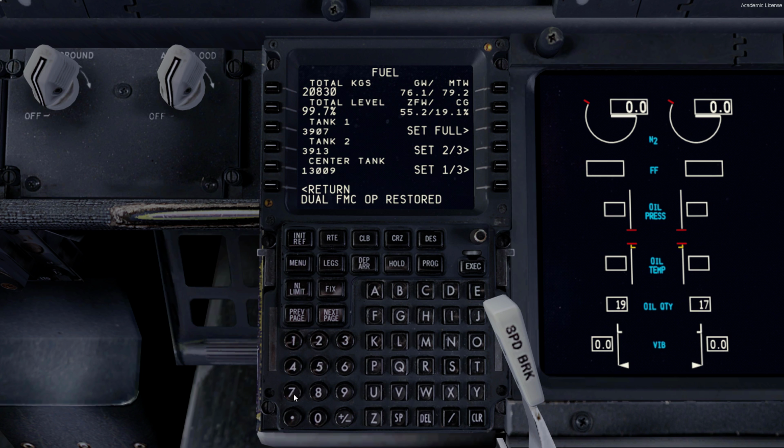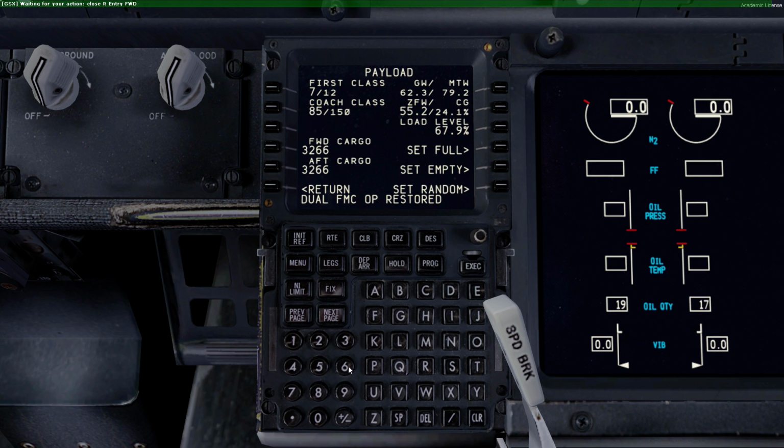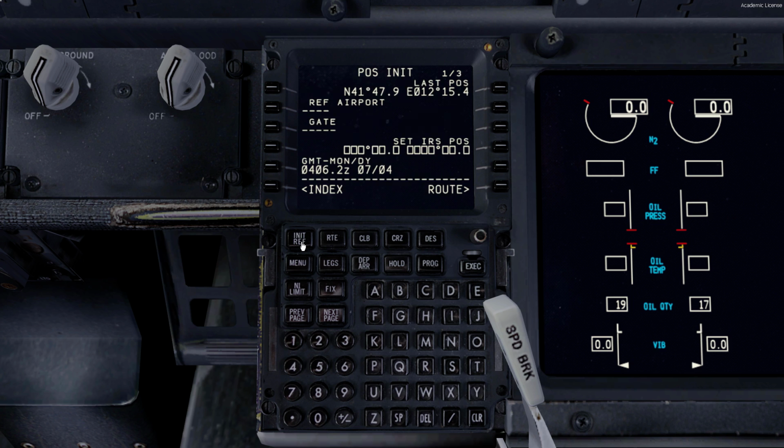So fuel, we've pretty much got 7 tons of fuel. We're planning to use 5 tons, and catering is now finished. Zero fuel weight is 60.8. It's 95% load level, so nice and heavy. Right. Go and close the catering doors or the service doors, depending on whatever you want. In the REF page, we are currently at Rome,